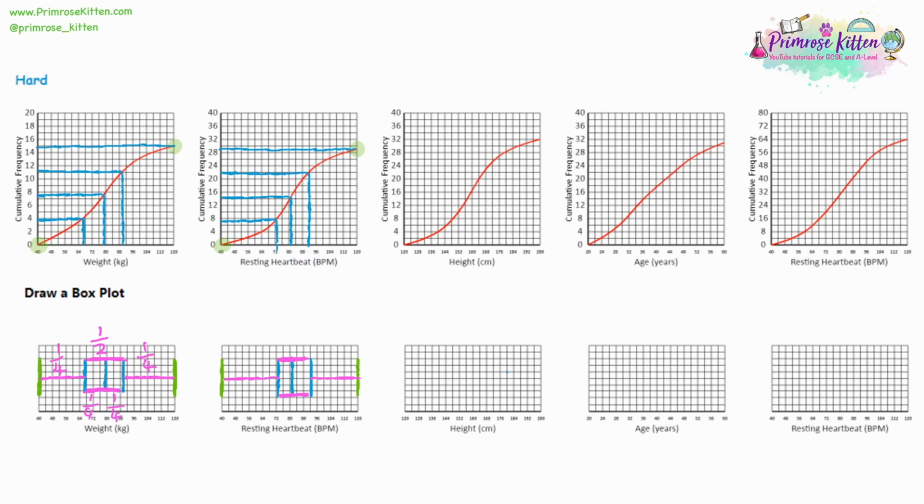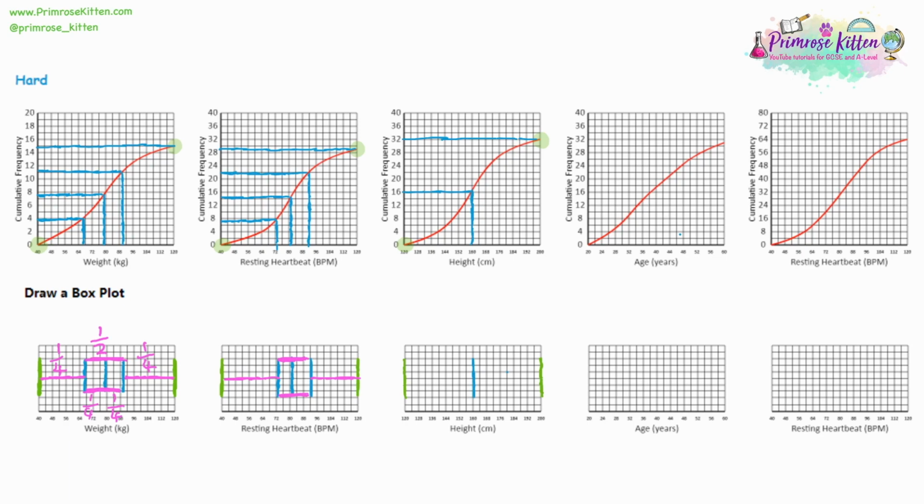So again, we need the minimum point, 120, and the maximum point, 200. So draw those on. Then we're going to need the median. Before we do the median, we need to know how many people we're dealing with. Looking across from the maximum value, it looks like we have 32 people in this graph. So halfway would be 16 people. So we go to 16 and we see what value that gives us. It seems like it's exactly 160. We'll draw the line at 160.